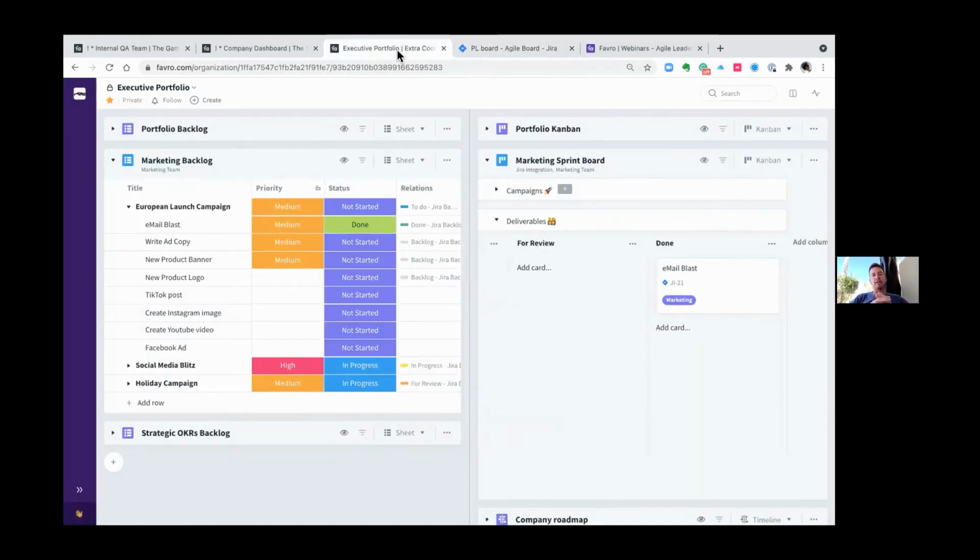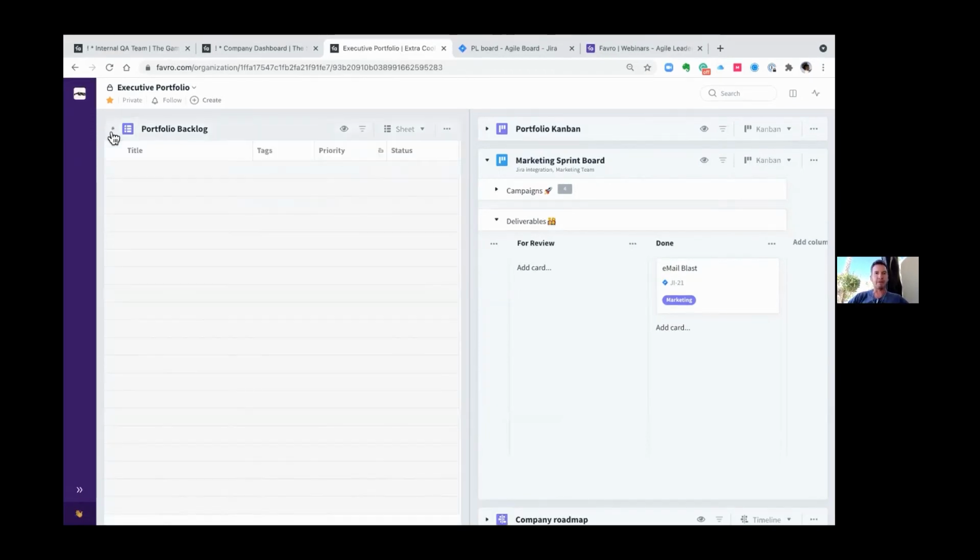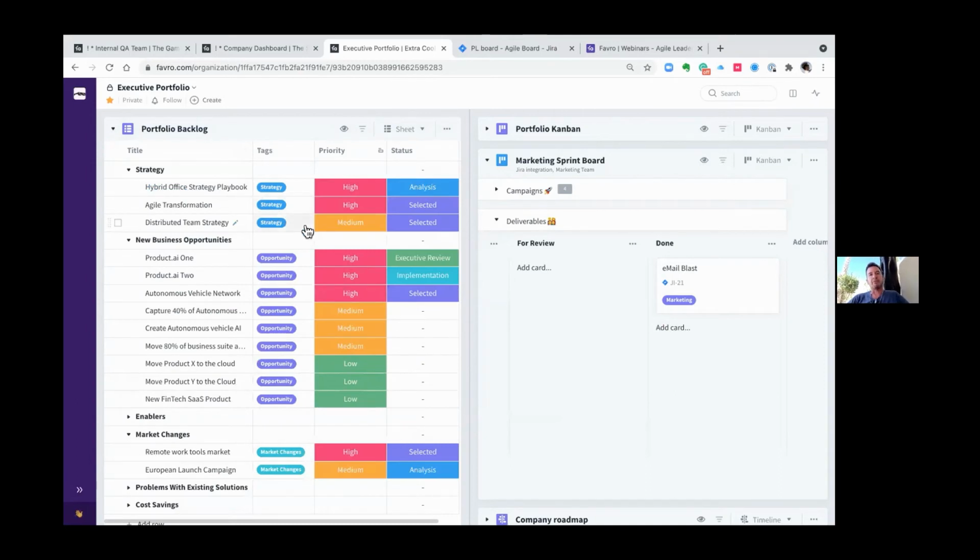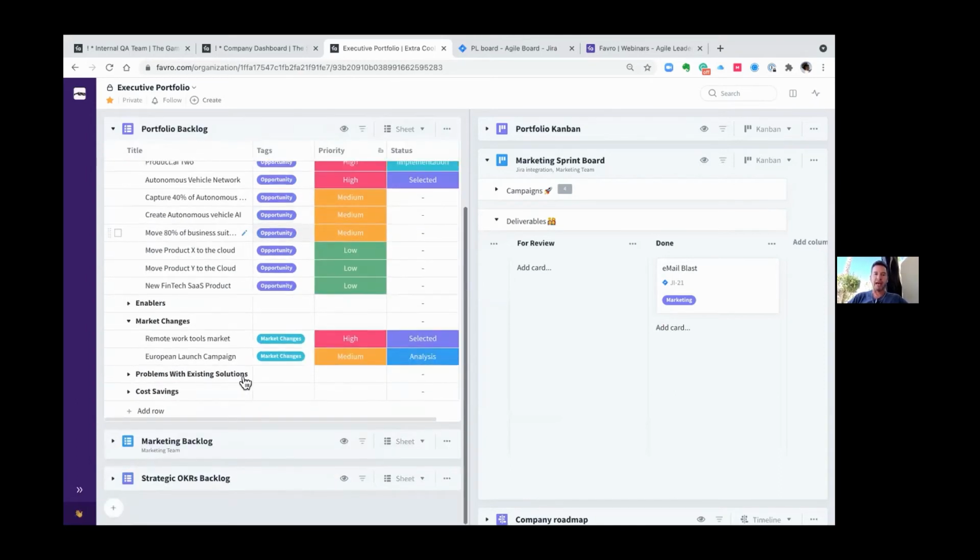Now, a third example, so that was a marketing team either working with an external creative agency or a development team that's in Jira. Now, the third example is if you are in a portfolio situation or a program situation where you want to be driving strategic initiatives maybe from a portfolio level. So I'm working in this portfolio collection, and I've actually added the marketing backlog here just for the sake of example, but you can see that this board also exists in a marketing team collection. So it doesn't have to exist here, but for the sake of the example, I have it here